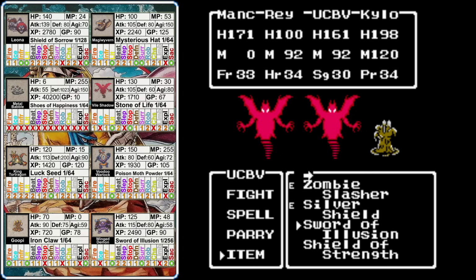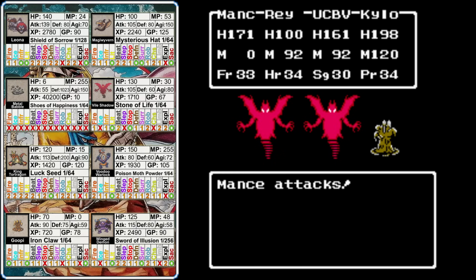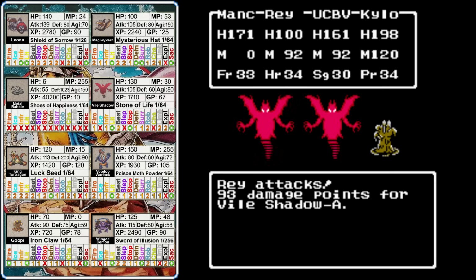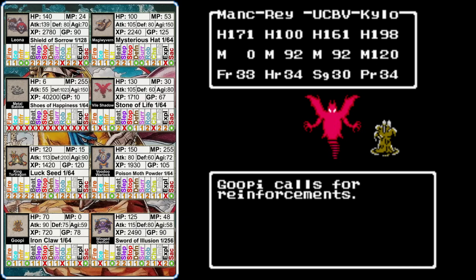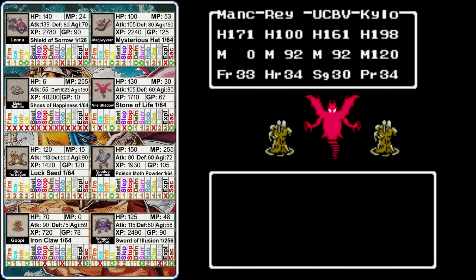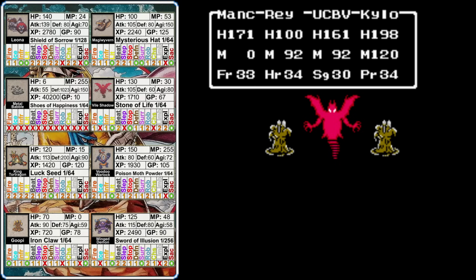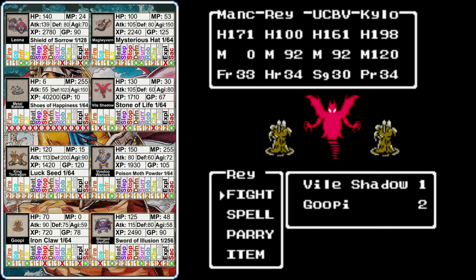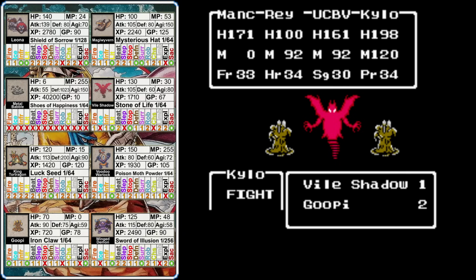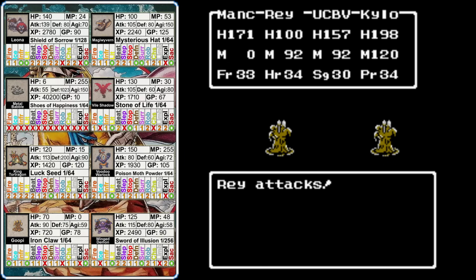Vile Shadows are the true test of this tower. Sadly, as you can see, they're immune to the Sword of Illusion, and they're resistant to most types of magic. They can use a Sleep Breath attack that can potentially put your entire party to sleep, and then they like to cast Beat spells, which can kill your party members instantly. So yes, treat those as a high priority target, and if you see lots of Vile Shadows, you may want